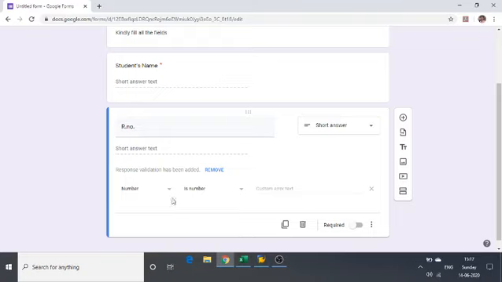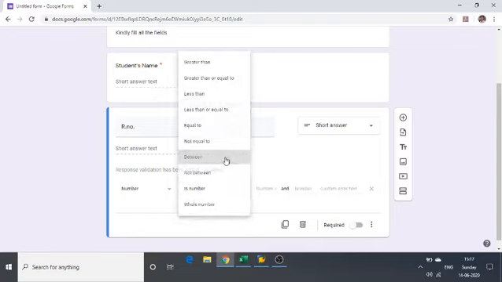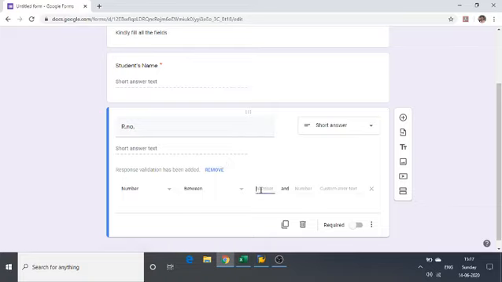compulsory. Before making it compulsory, because roll number will be counting numbers 1, 2, 3, here you can see the number option is there. You can see so many options, like text length, but here we have to click on the number option. And in one class I think there are a total of 40 students, so I am going to type between number 1 to 40. Now I am going to make this field compulsory so that students must write their roll number in this field.